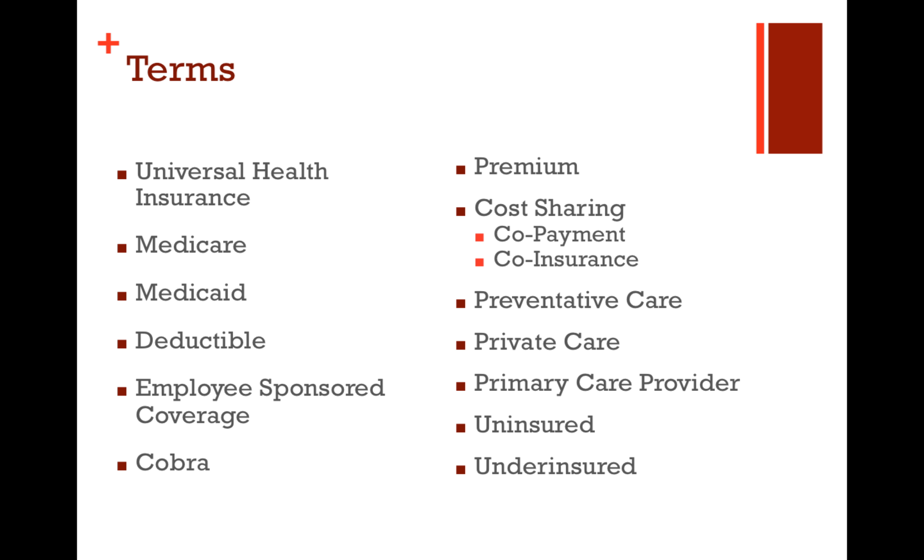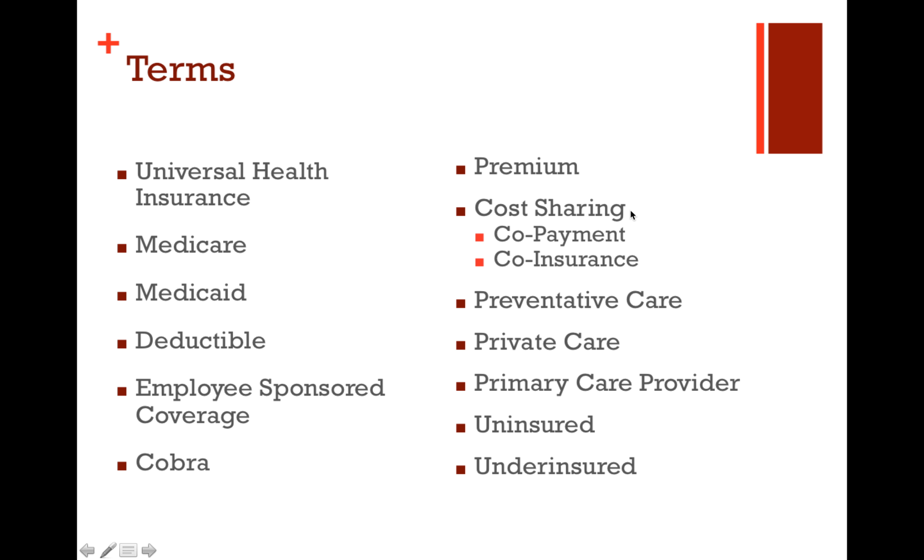Now, if you want to see a provider that is not, quote unquote, in your network, for some health insurance plans, that means you cannot see them at all. There is no coverage. You have to pay that bill 100% out of pocket. For others, there is a deductible if you want to see out of network. So you might have to pay the first $1,000 before your insurance will kick in. And for others, there may not be a deductible, but there may be higher cost sharing.